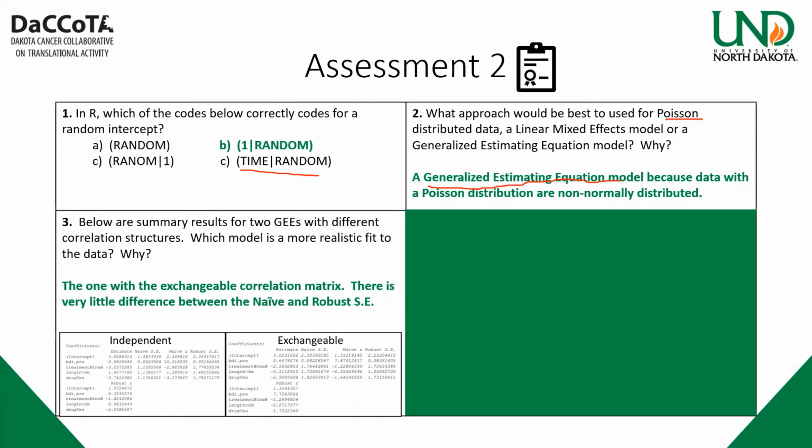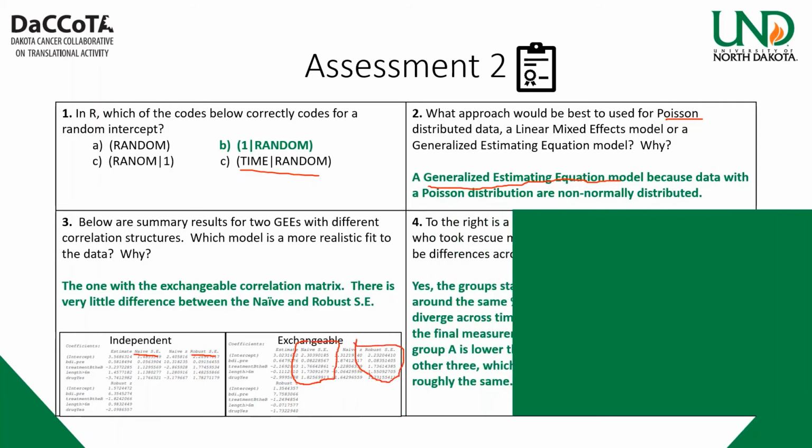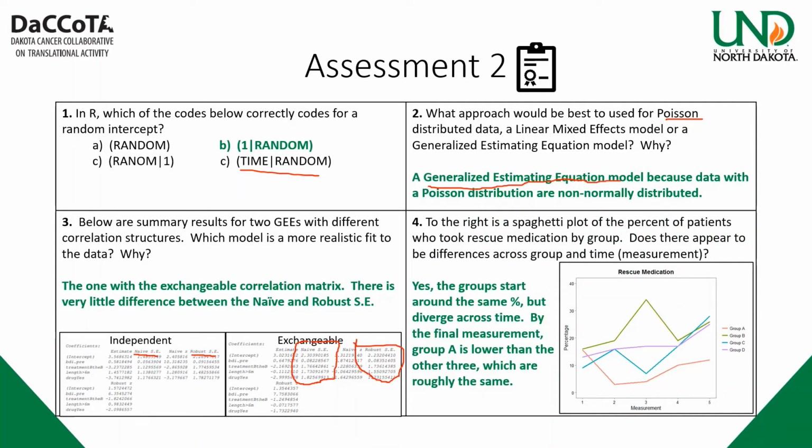So then looking here to compare which one is a better fit, we look at the naive error and the robust error, and the closer they are, the better the fit. So exchangeable, actually, they're not very different at all, so this would be a better fit. And for 4,